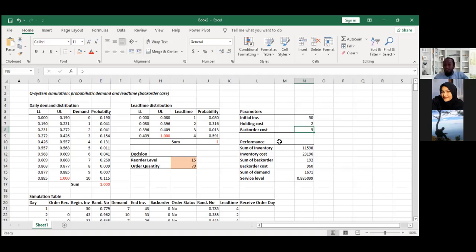In order to provide the bonus, of course, it will be an additional cost for the company, and this cost will be the back order cost. That's why back order cost can be dynamic. It is based on the customer preference. So we can simulate. When the customer preference is like this, the cost will be low. When the customer preference is like this, the cost will be higher. When we have a dynamic back order cost, then we can modify the simulation system. Then we will have another case study.